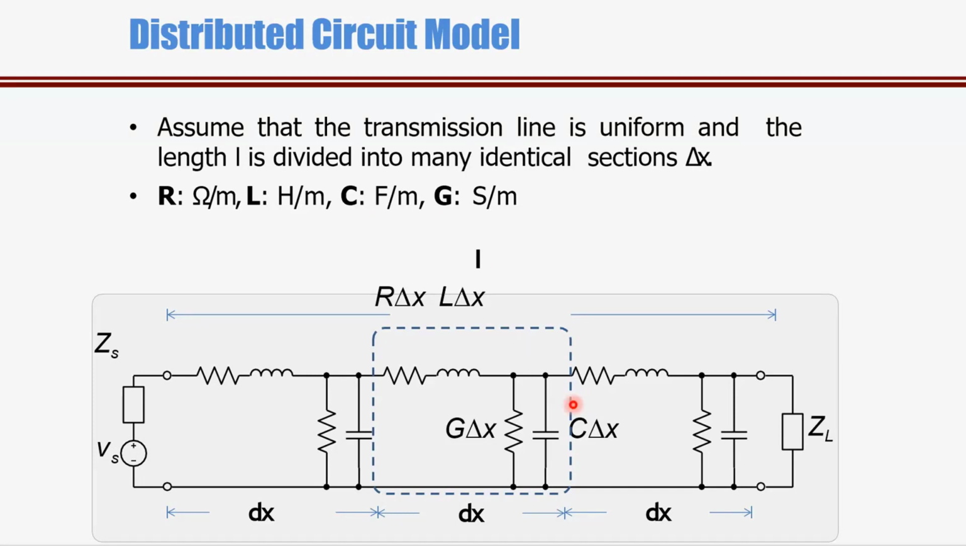So assume that a transmission line is uniform and the length L, length means length of the transmission line, is divided into identical sections of delta x, smaller parts. So if I divide the transmission line into equal smaller parts throughout its length, then each smaller part I can call delta x. It is a part of the length, so it is distance, and L is the total length of the transmission